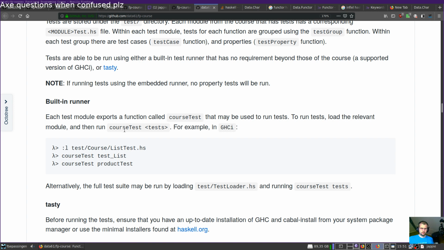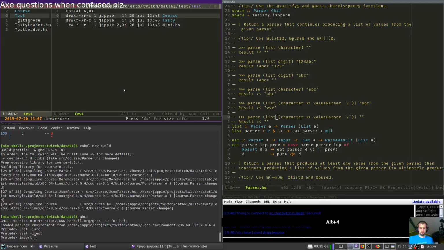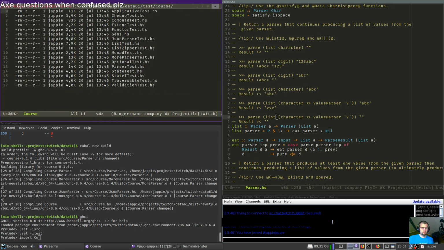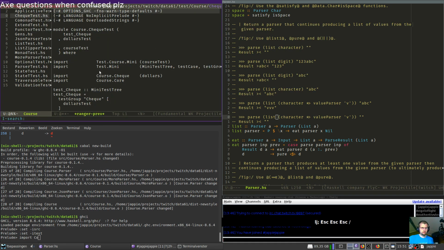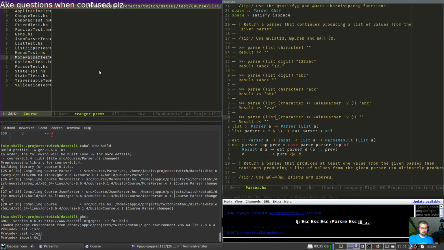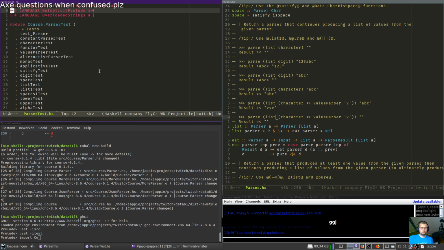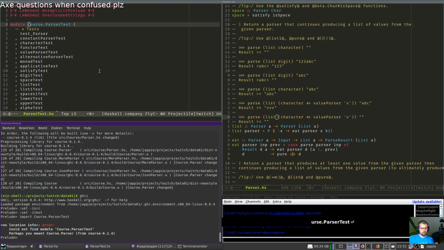And then run. Ah, it's just for the one thing, right? Let's do that. Import parser. Import course parser test. Let's find module course parser test.